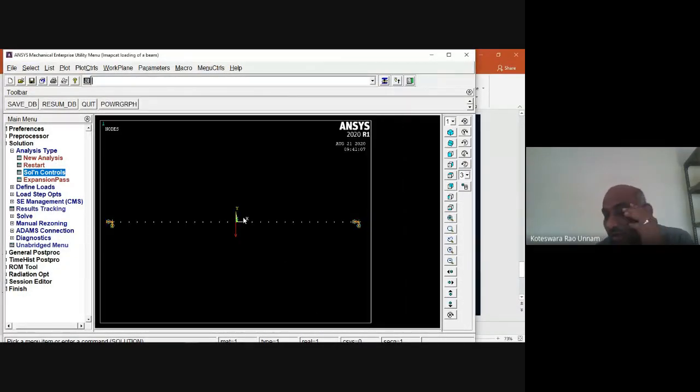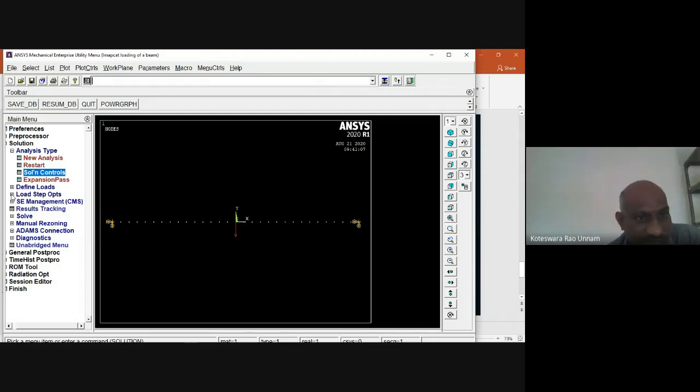Once that is done, see here, it is not over. This is only the first load step. Then I need to define that after the time 1e minus 4, I need to remove the load, or gradually decrease the load from 100 to 0. After that I need to remove the load completely. So for that, whatever conditions I defined here, I'll select that as the first load step.